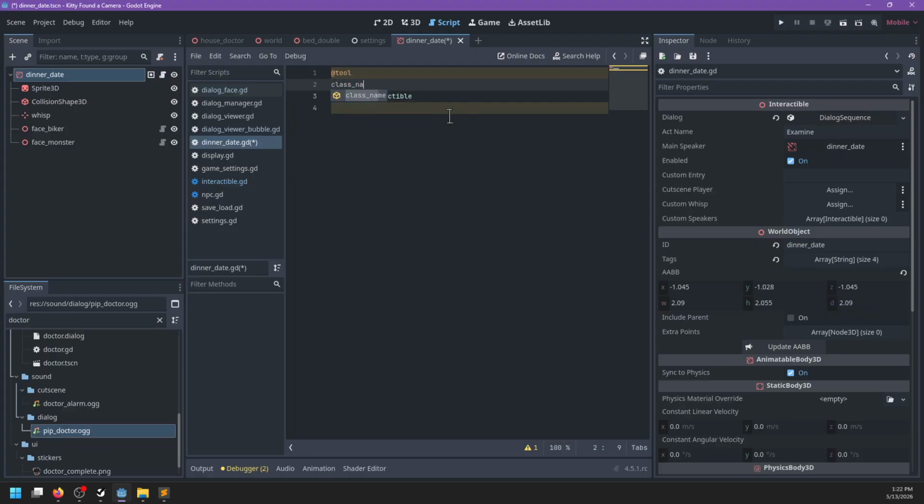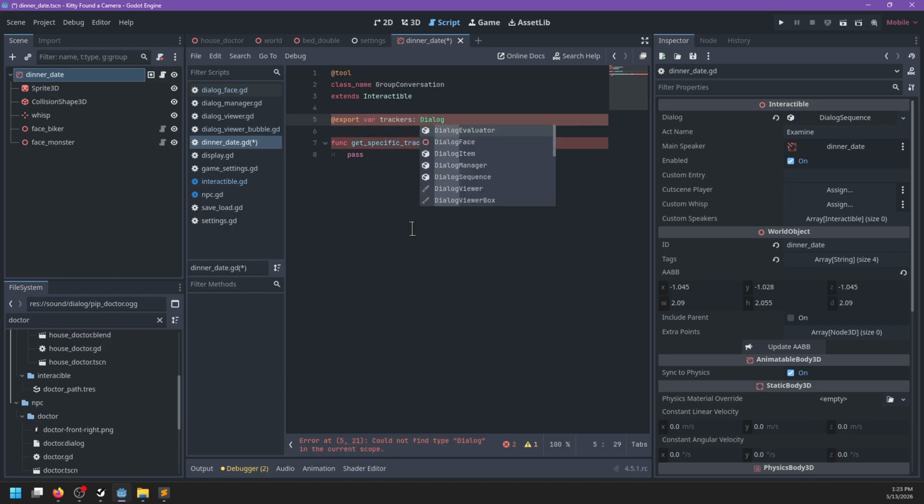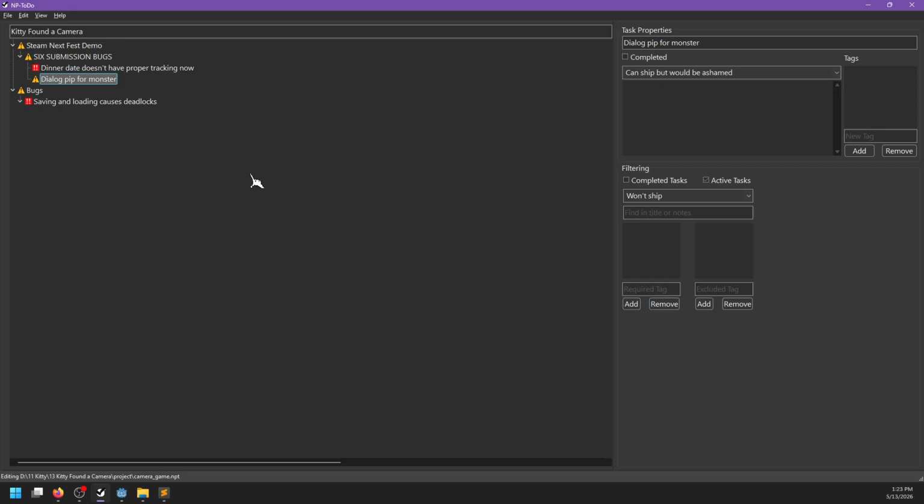And actually, I want this to be class name group conversation. And this is just going to have function get specific tracker node speaker. Oh wait, no. Name string. Okay, pass, and we'll have export var trackers, and this will be a dialogue. Actually, and while I'm here, I should have